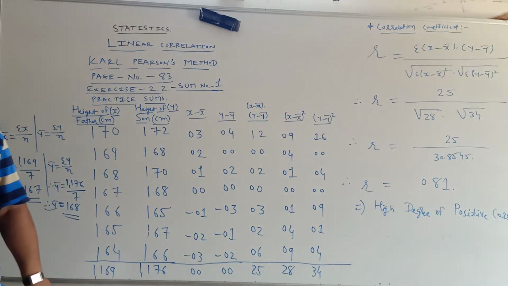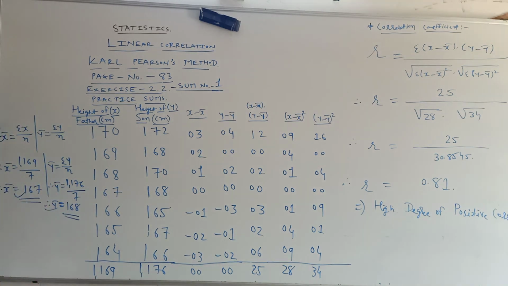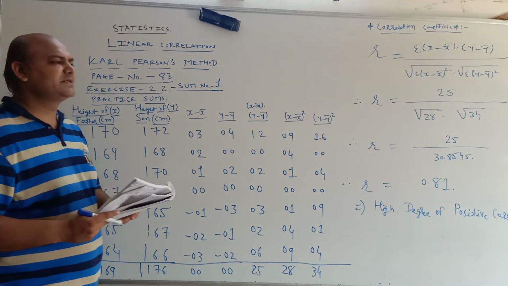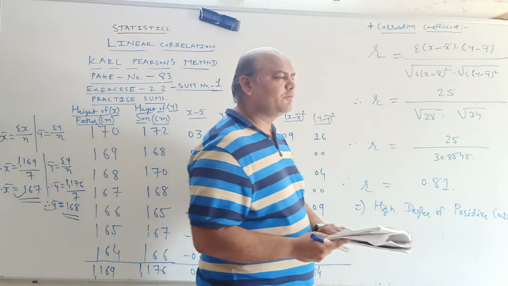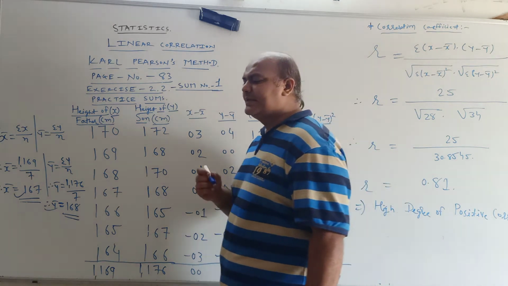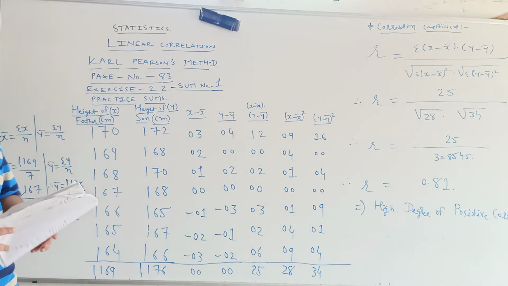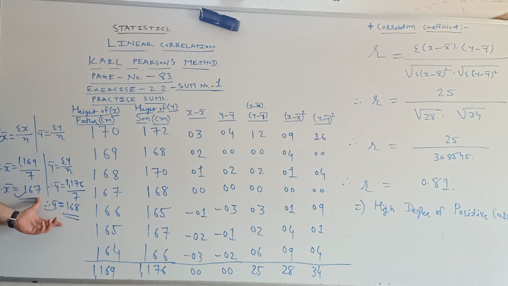Now in this particular method we applied the x minus x bar method. In the next video lecture, students, we will take the method of UV. Another name of the method of UV is the shortcut method. See, in this method they provide x bar and y bar as integers. But if it is given in points,